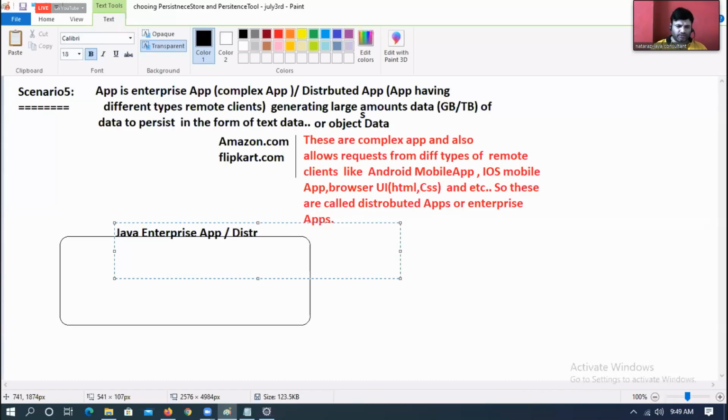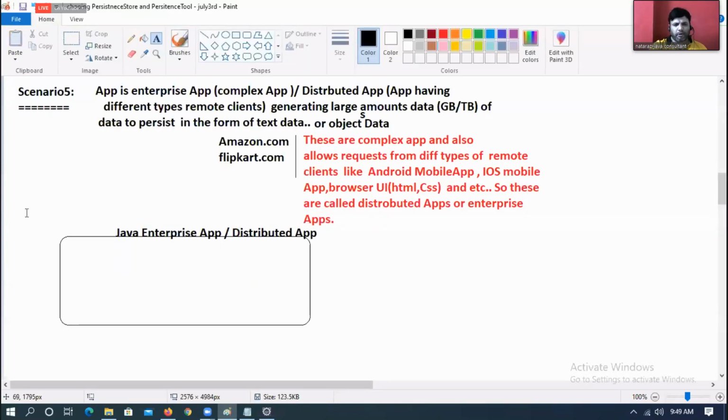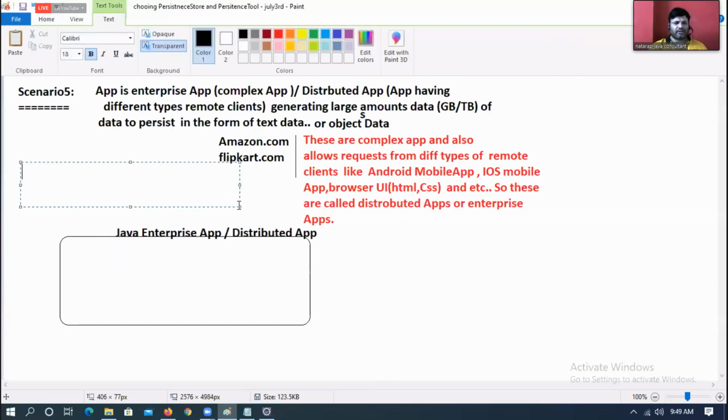Or distributed application. I think I am not following my template. Let me follow my template. What is the template? Here, persistence store. RDBMS only. Still RDBMS database software.